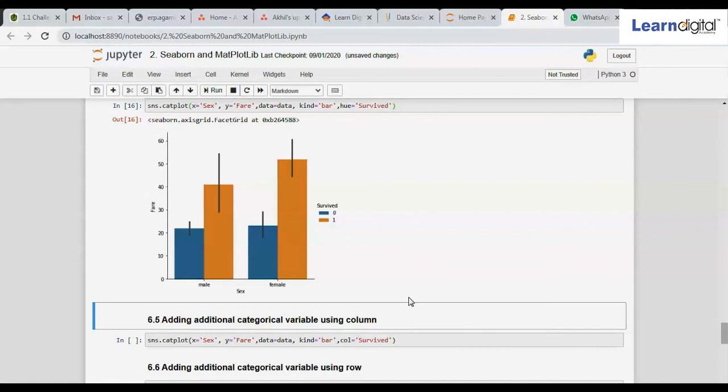To give you an example, I have already constructed a graph between sex and fare. Sex is my categorical column. Here, if I want to further add a categorical column, that is survived, I can use the hue function. The output of the graph is something like this, what you can see here. Since we have already used sex in the x-axis, we could still use another categorical column, that is survived, in the same graph by adding hue.